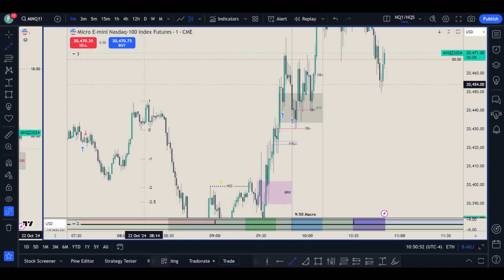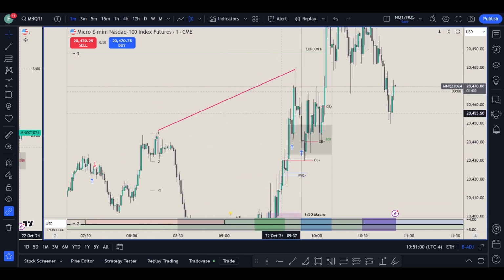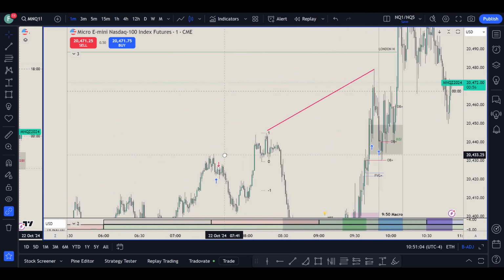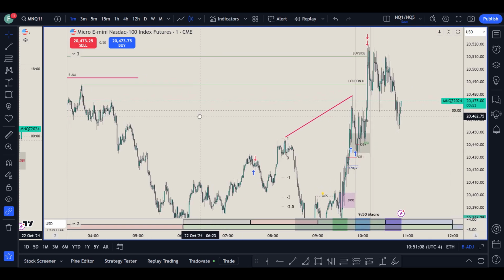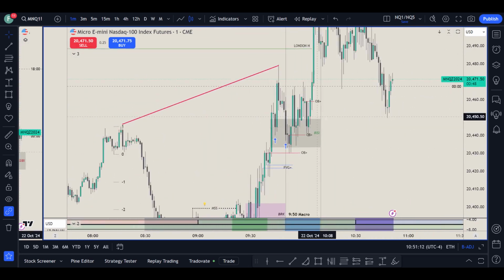Price formed higher highs here on NQ, and ES was way below the range here. That was one thing that I was hesitant on, but obviously we have these draws here, these London highs, so I knew price would just break through that anyway. So we had this SMT,